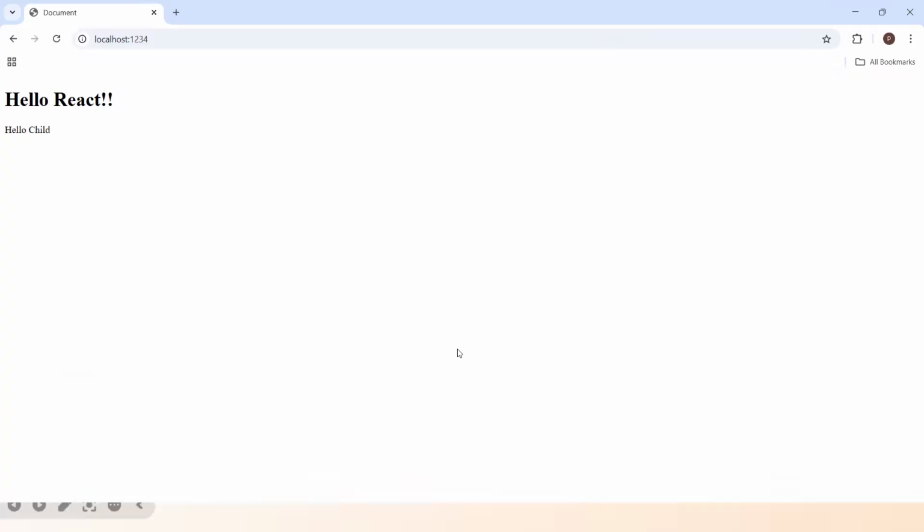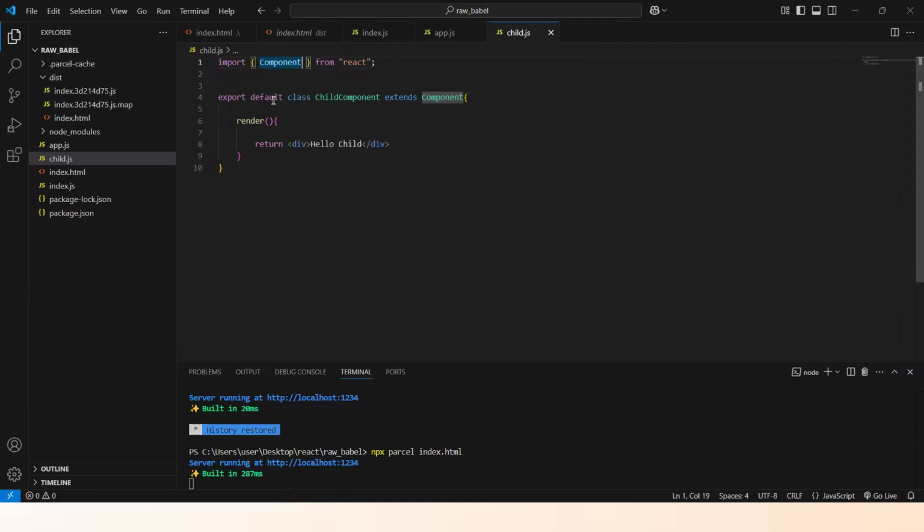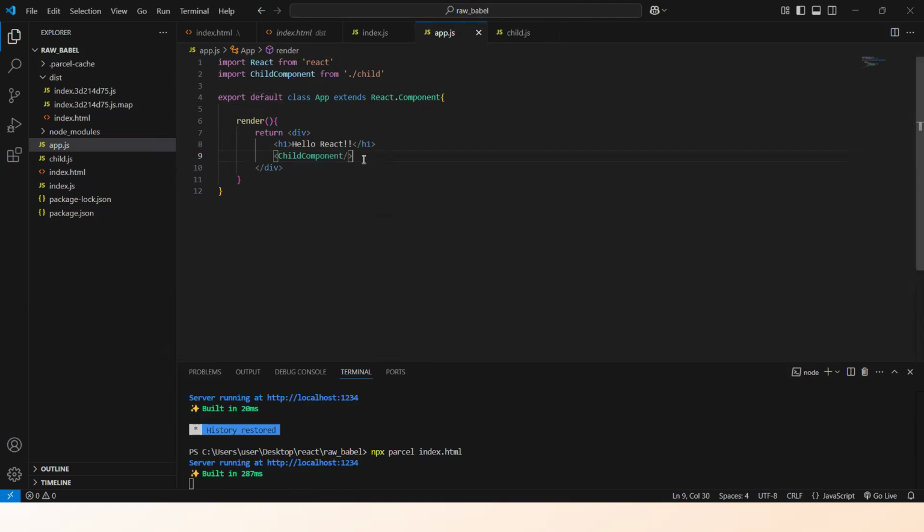So you see how we created the class. Of course, the export default is a different thing. We are using it to export it so that we can have it in other modules. We are saying class, then the name of the class, extends this Component that is coming from React. Then it must have a render method. It's a required method. Then I can now come in here and use it as a child of this parent